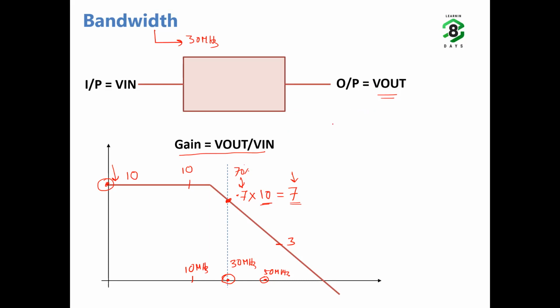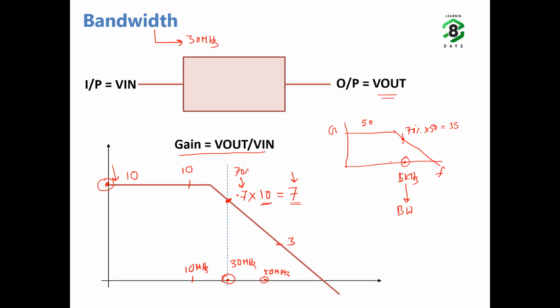All you need to remember is, for any system you are given, you plot the frequency versus gain of that system. And let's say in another system you got a gain of 50, then you compute 70% of 50, that value is 35, and at gain 35 you find out what the frequency is. Let's say in this case you found a frequency equal to 5 kilohertz. Then the bandwidth of the system will be 5 kilohertz. So that is good enough to remember.